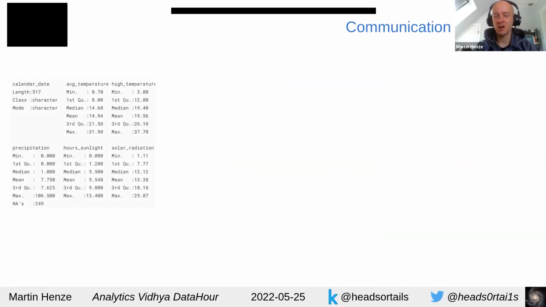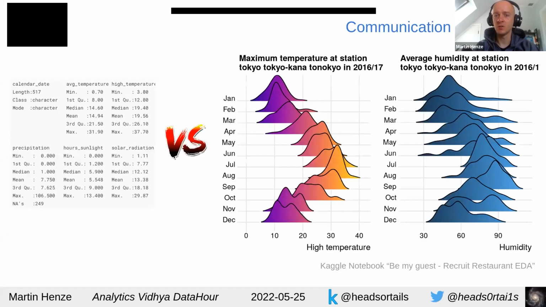But if you want to communicate a specific finding, a specific insight, then those tables can be pretty dry. Sometimes they work if they're just a few values and you want to highlight some, but in most cases you want to go with a visualization instead, right? Of course, those two things don't exactly show the same thing, but we have median temperatures here, so we can see the range of the temperatures, but we can see it much more nicely in the visualization. This is an example from one of my notebooks in Kaggle